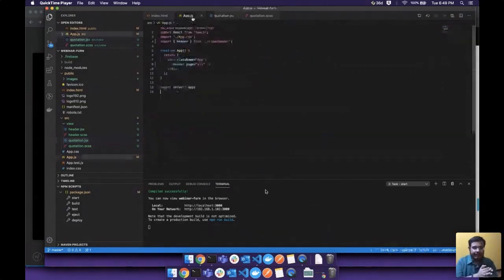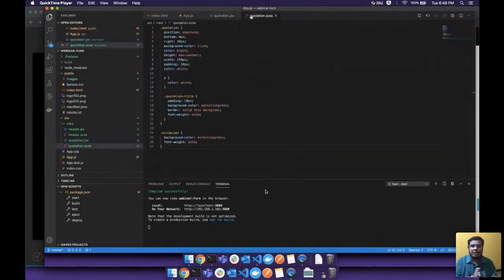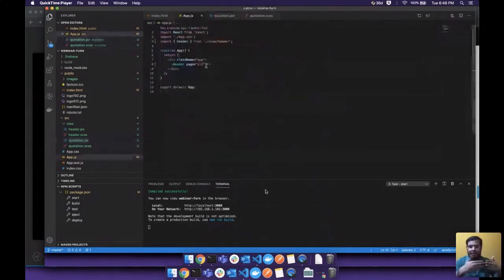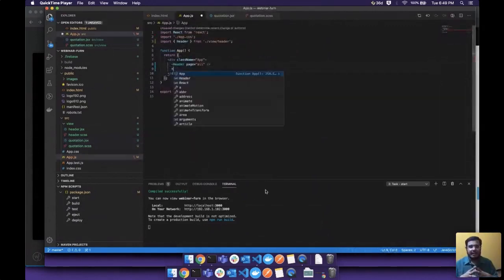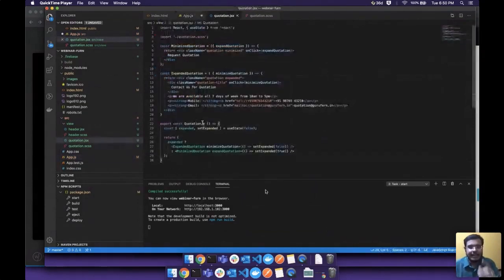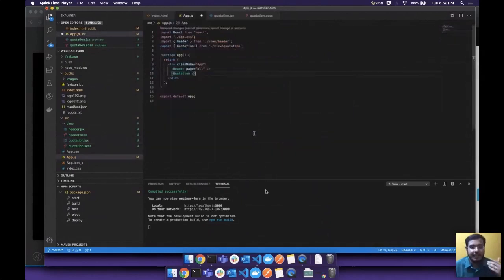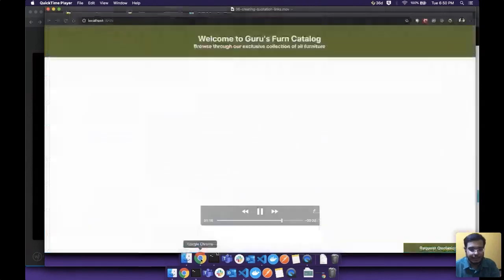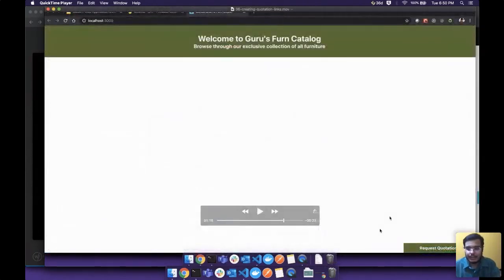So I'm going to app and I'm going to add it here. So if you want your component to be visible on screen, you either add it to your main page or you add it to any component that is already added to your main page. So you can basically create hierarchy there. So I create a quick quotation component here. There are no arguments for it, so I just say / close, right? The moment I kind of save this, my application will be recompiled and you will see here, right? All right. So you see a small component here that says request quotation.